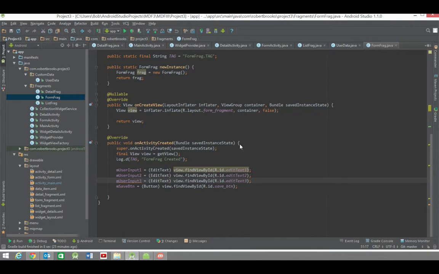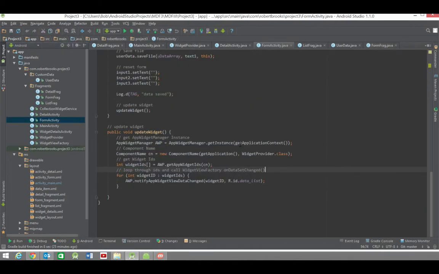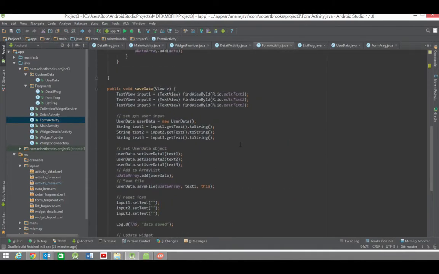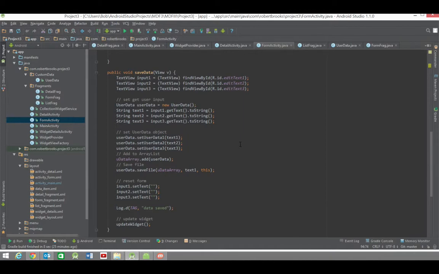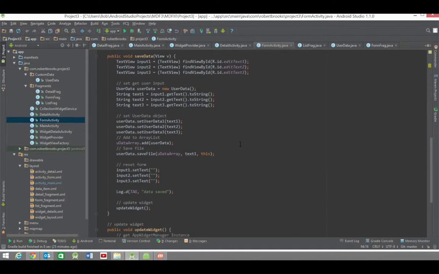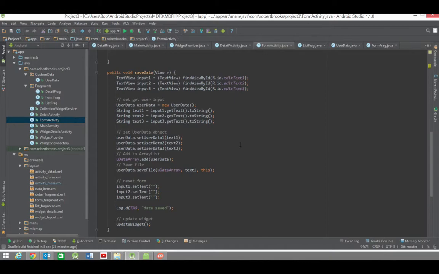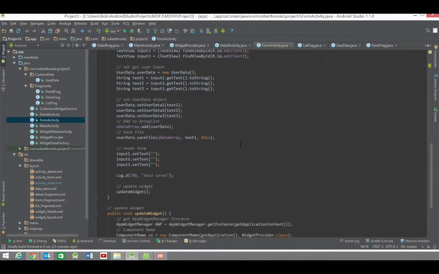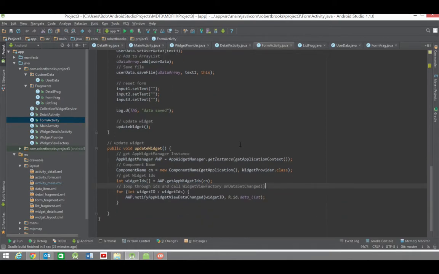Now the form activity, real quick, I'll show you my save button here. So basically here I'm writing it to the internal storage file using custom data serial objects, and then I am updating the widget. You'll notice that when I update the widget, I'm calling notifyAppWidgetViewDataChanged. This calls the widget view factory, the RemoteViewsFactory onDataSetChanged, and automatically updates the